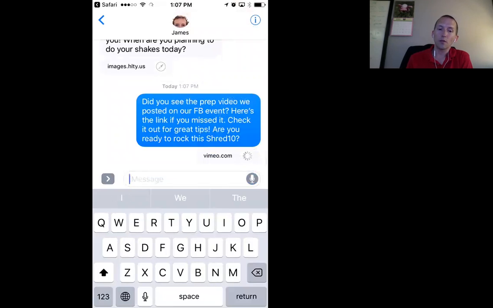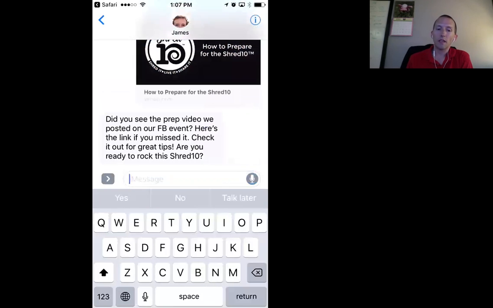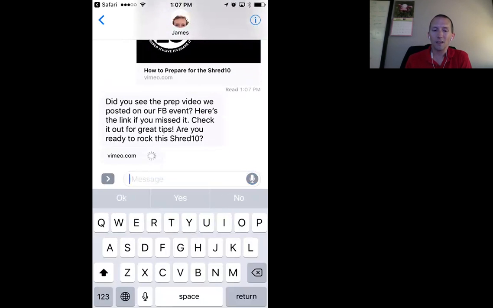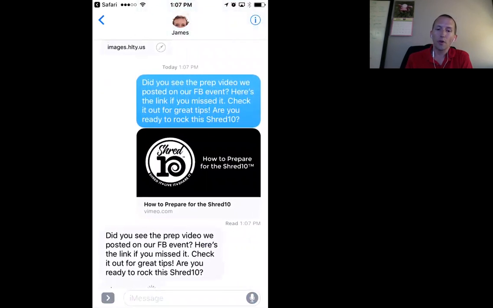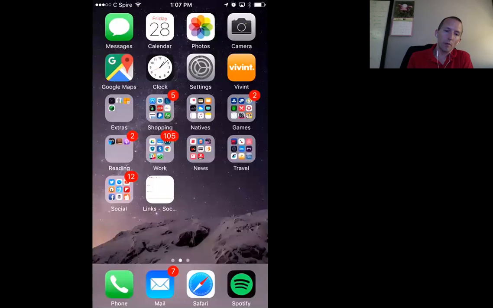And so what that's going to do is send out that text and the video. Now I sent it to myself, so I'm sending it and receiving it at the same time here. But you can see now the person gets that personalized text if you chose to manipulate it at all, and the video right there, and they're ready to go. Now, when you come back to the Soundboard,